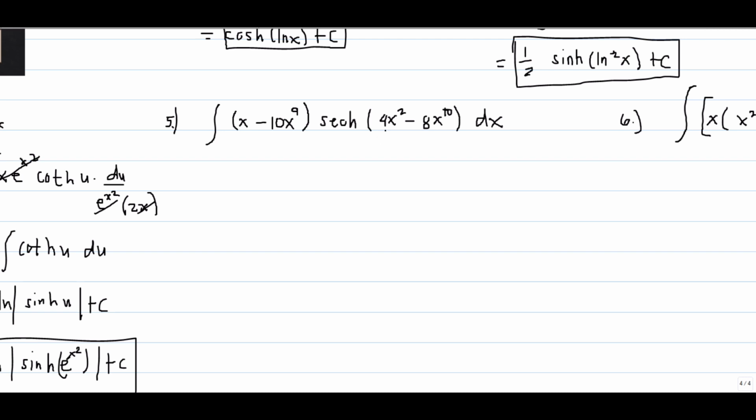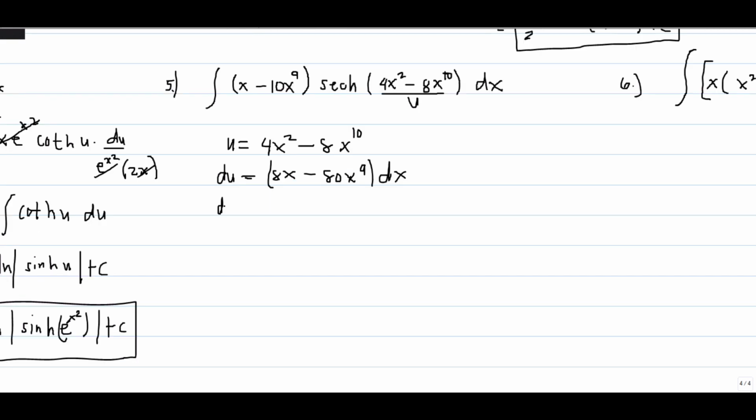Let u equal 4x squared minus 8x to the power 10. Then we can now differentiate. So du here equals 8x, then minus the derivative of 8x to the power 10, which is 80x to the power 9, then